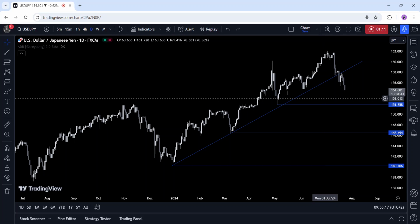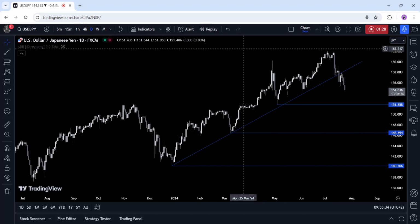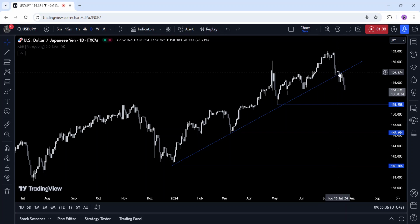The yen will likely need weak US growth data to see some sustained strength on recessionary fears and more aggressive rate cuts expectations. But as long as we have stable global growth and generally positive risk sentiment, the main trend is unlikely to reverse. Now, on the daily chart, we can see that USDJPY retested this key trend line